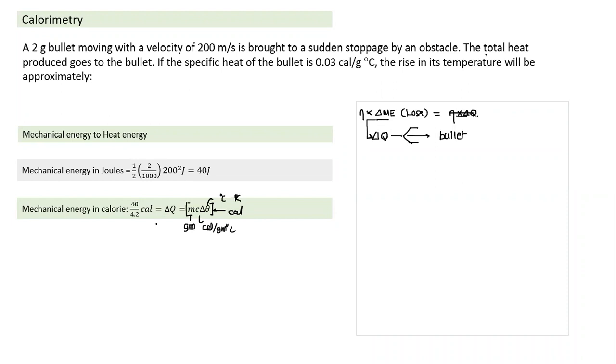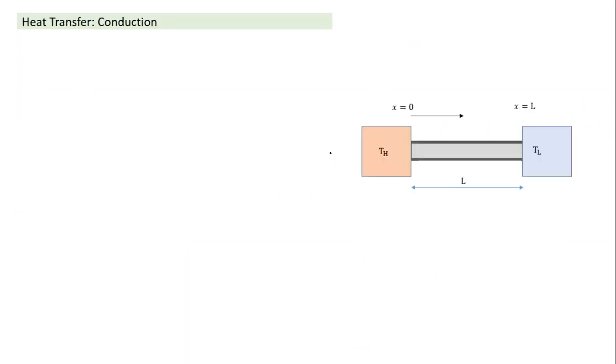So we need to be careful about conversion. We have to make sure both sides are in the same unit. That's all. And if I didn't want to convert, I would have written this as equal to MC delta theta, and in that case I could have used M in kg. I would have converted mass into kg, and especially this heat capacity I would write as 4.2 kilojoules per kg, and that way also it could be done. In that case, if I substitute in MC delta T, the right hand side would also come in joules. So we have to make sure the two sides are in the same unit. Right. So that is about